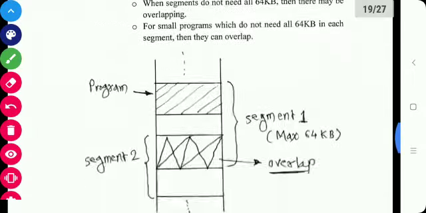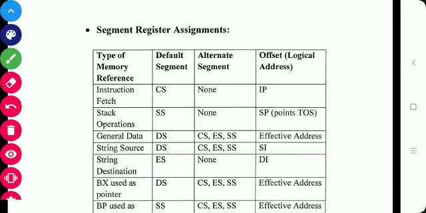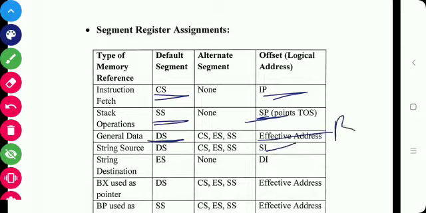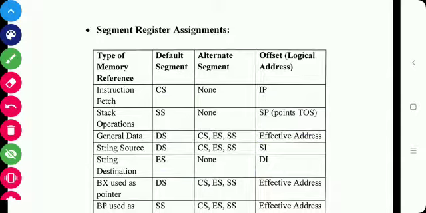And there is a table, so we can use the particular pointer register with the particular segment register. Like here, for the code segment IP is used, for the stack segment SP is used. If there is a DS register, then we can use SI register, effective address, as well as BX register. Okay, if ES is used for the string, then we use the offset address that is stored in the DI. This is the table, and I have explained it in the class also. So according to that we have to generate the 20-bit address.